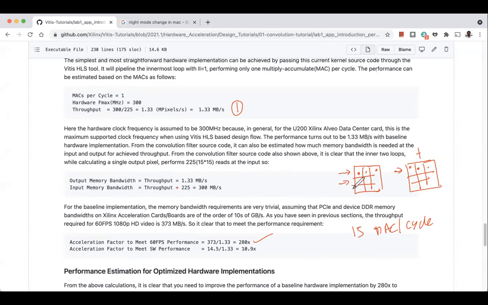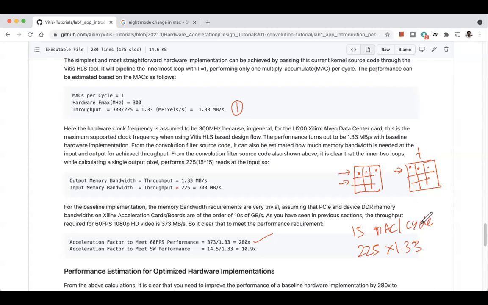And if you parallelize along both dimensions, that is, if you compute everything in parallel, then you get a 225x speed up, because 225 into 1.333. So that is a big number.